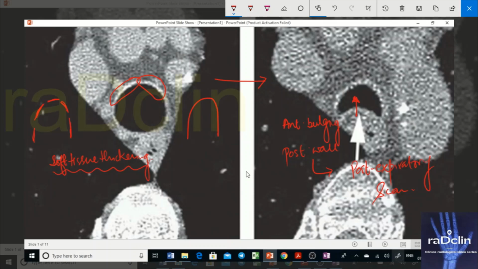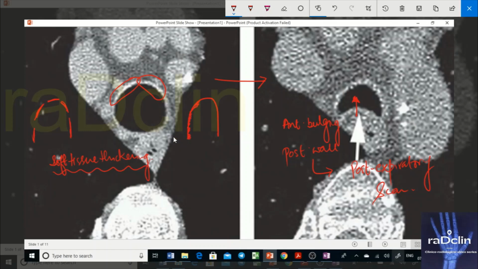Now another thing that I told you is that the discontinuous cartilage calcification would be there. So if the cartilage is not calcified, you will see soft tissue thickening. And in typically older patients, typically females, if you see a calcified cartilage, you may see, although it's not that visible because of the resolution, that inner to the cartilage are your submucosa and mucosa. So the soft tissue thickening that you have is typically inner to this cartilage.